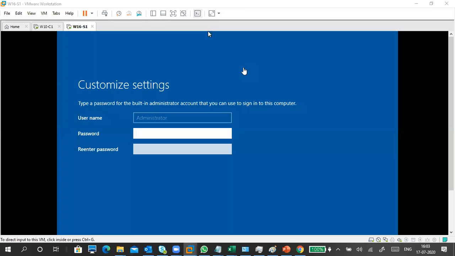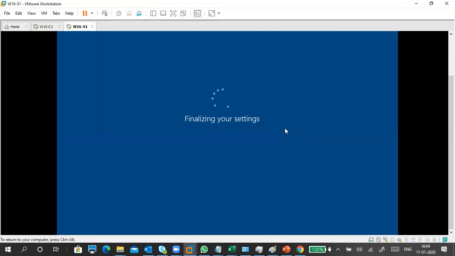Okay. So finally it is restarted, and we cannot give any username because the administrator already exists. The server works with the administrator only, compulsorily. If you want to create a user, once that is completed, then we can do it. Okay, so I gave a password. Then it is okay, and automatically the profile will be set. So click on finish.